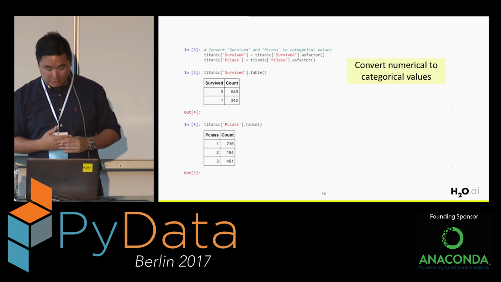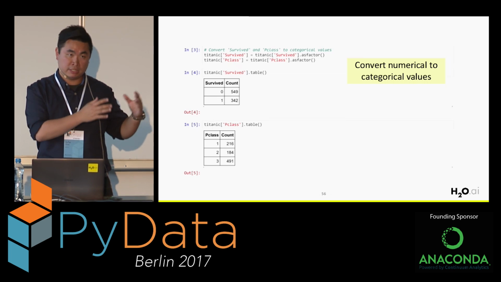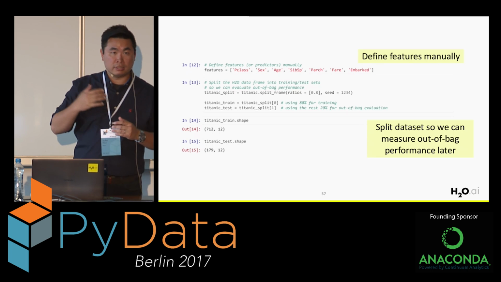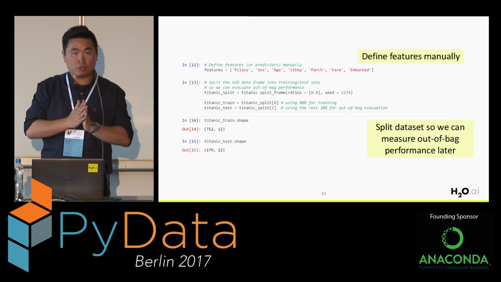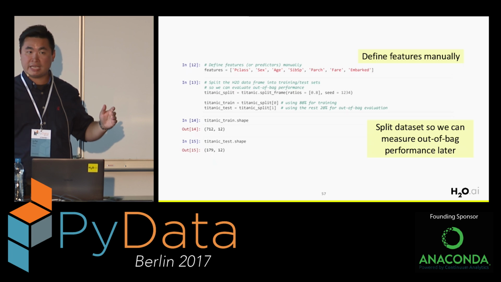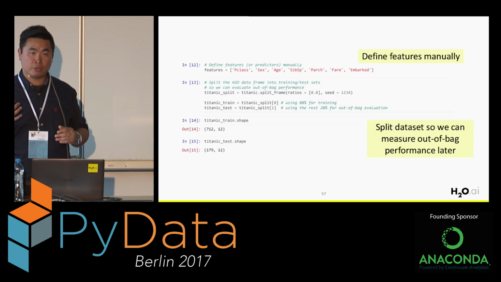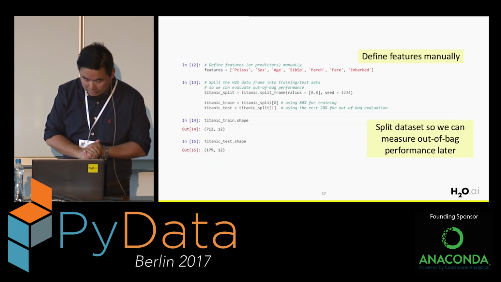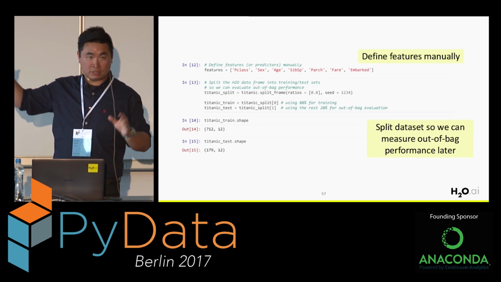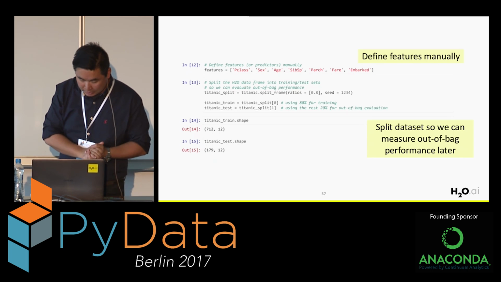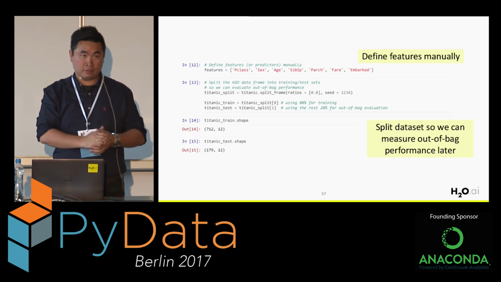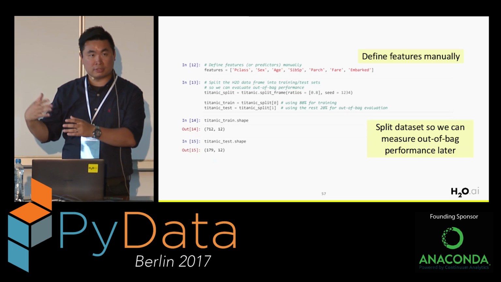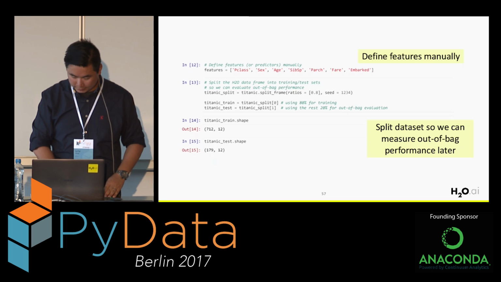And then do a simple table count to see how many unique values are in different columns. Then I also handpicked some features because I don't want to use all the features. Some of the features, like the passenger names or other information, may not help the model. So I handpicked some of the features from that data set to build this model. To do that, I just create a simple list in Python and give it the names of different columns. Okay. And the same thing that I did for the regression problem, I split it into 80% for training and 20% for validation or testing.